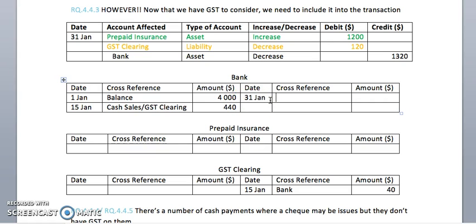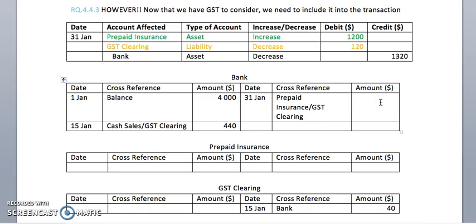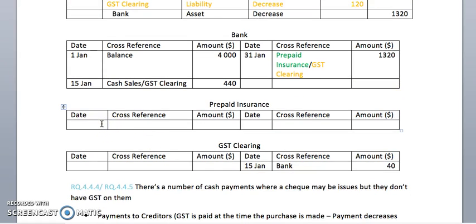Now, the two other accounts that are getting affected, prepaid insurance and GST clearing. So $1,320. Our prepaid insurance is one side of this transaction, and our GST clearing is the other side of this transaction. So it needs to have both of these debited. So our prepaid insurance, 31st of Jan. Bank is the credit side as a result of this debit,